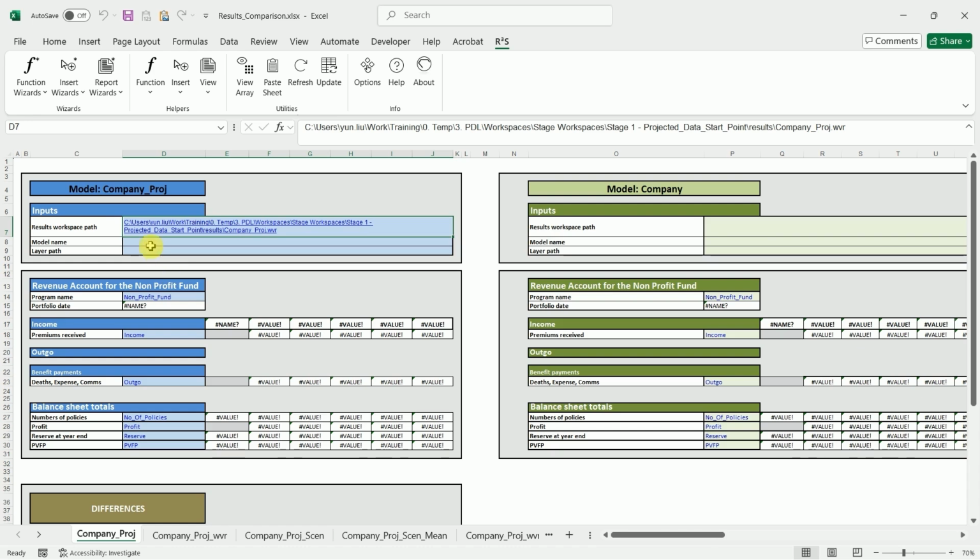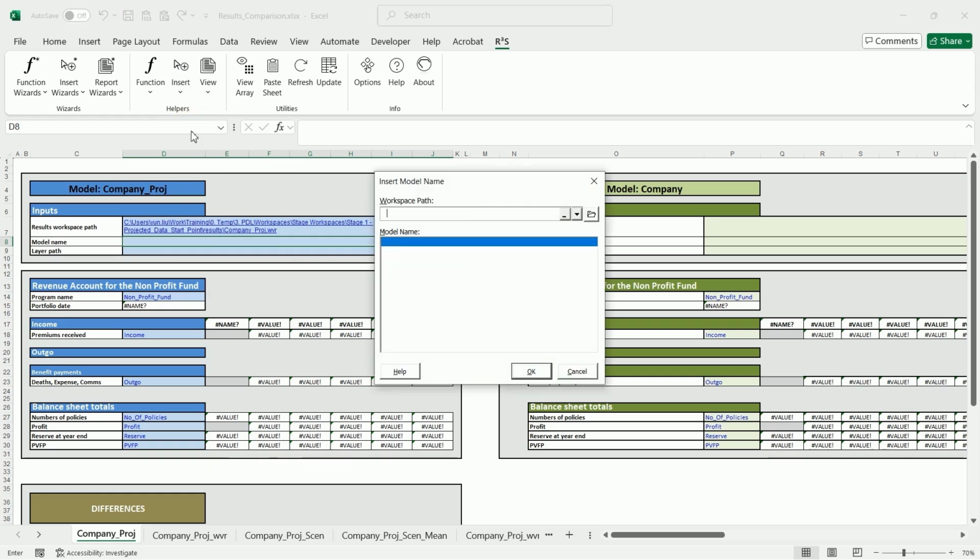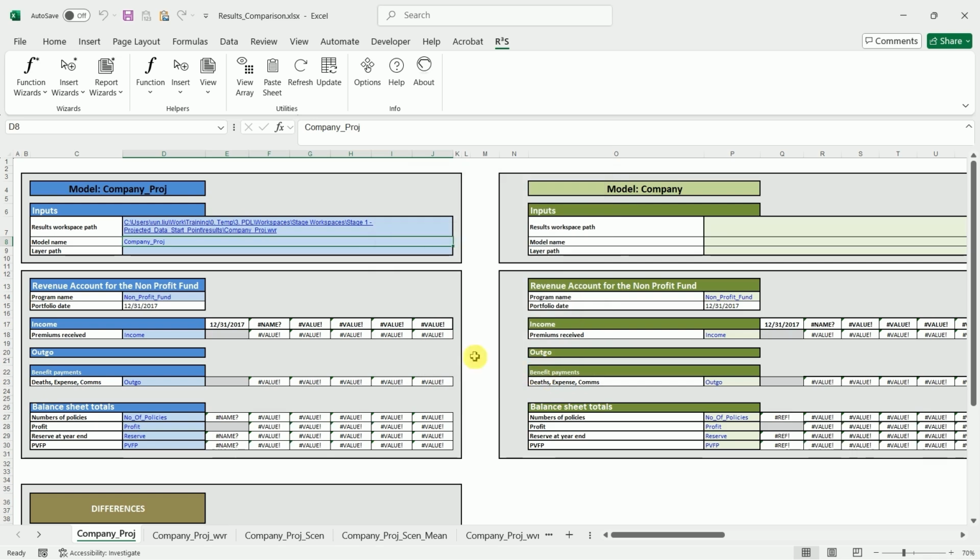Next is the model name. Click on cell D8. On the R3S ribbon, click Insert and select Model Name. For the workspace path, click on cell D7 and then the model name, Company Proj, and click OK.